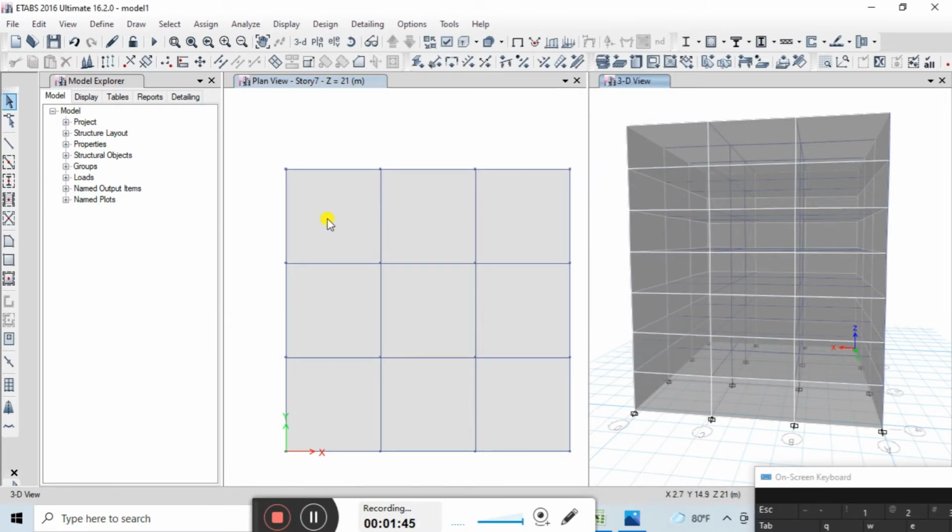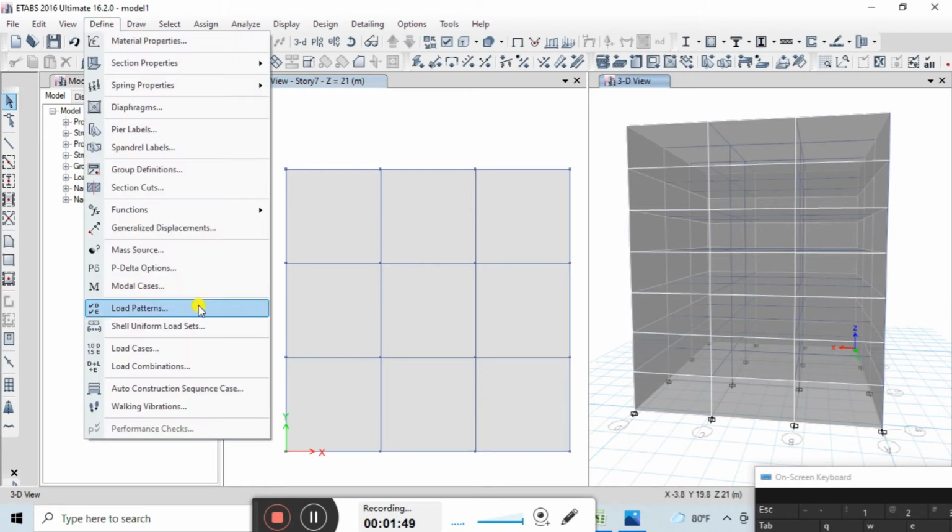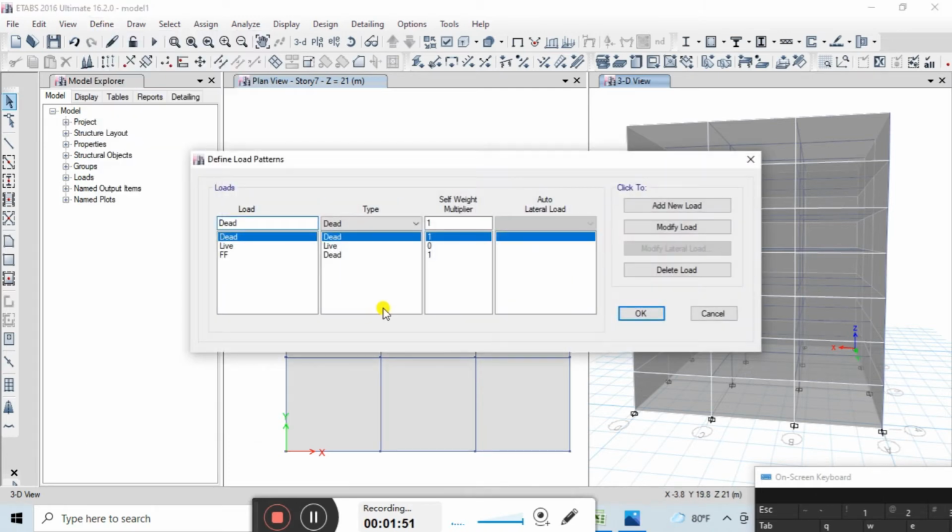Now, after defining the mass source and modal case data, we need to go for load pattern. Under the load pattern, these three we have already defined in our last tutorial. Now the next thing we need to define is the load for earthquake. So I will define it as EX in the horizontal direction. Under the type, we can select seismic.